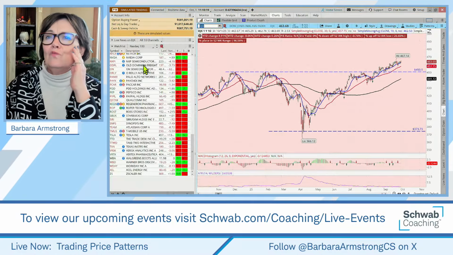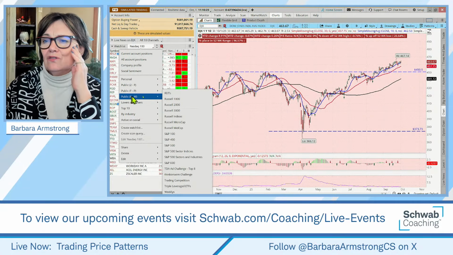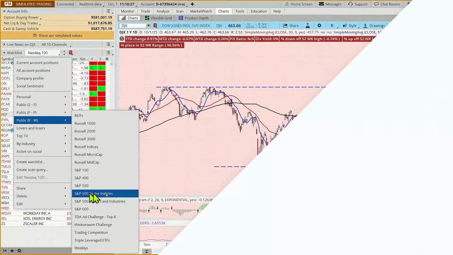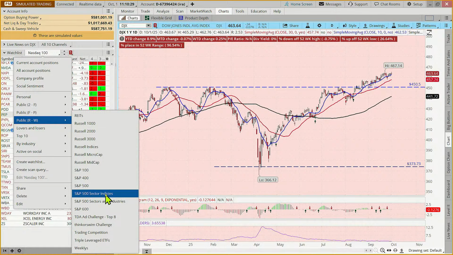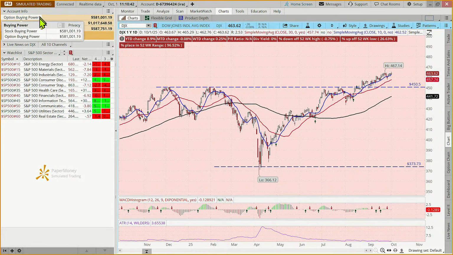Okay. Now, if you want to see the sectors, and somebody said, I'm new to all this, how do I see the sectors? So if you come down here, sector indices, this is a public watch list on your Thinkorswim platform. This section over here is called the gadget section. But we don't have to show this amount. We've got lots of money in this. You know, it's a paper money account, so you can add as much money as you want to it.